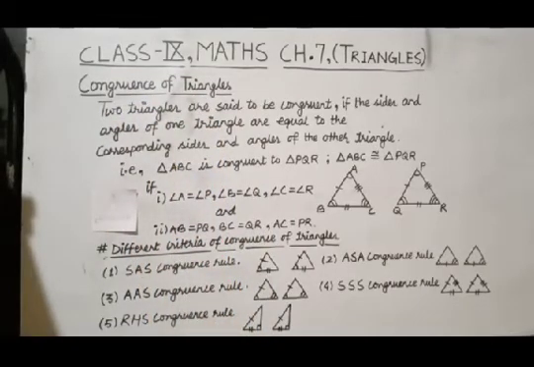So before starting with this, let's check what we mean by congruence. Here by congruence we mean same shape and same size. It means two figures are said to be congruent to each other if they are of same shape and same size. Or in broader aspect, you could say that two figures would be congruent if they cover each other exactly as one placed over another.